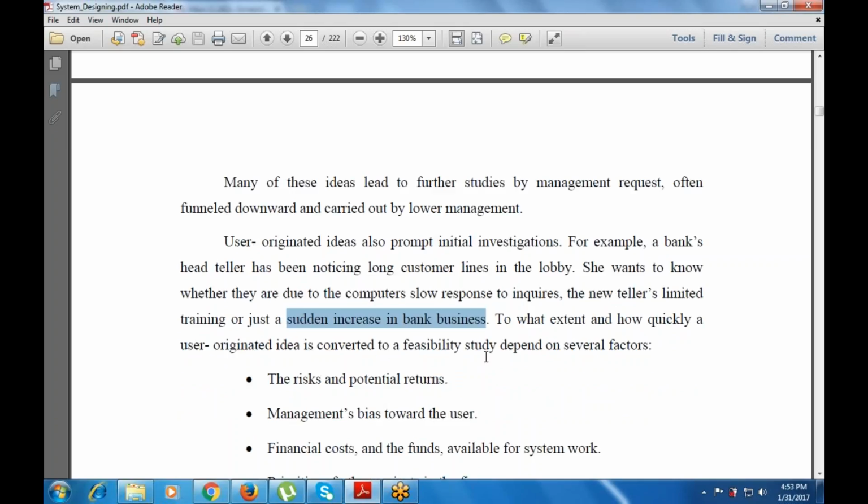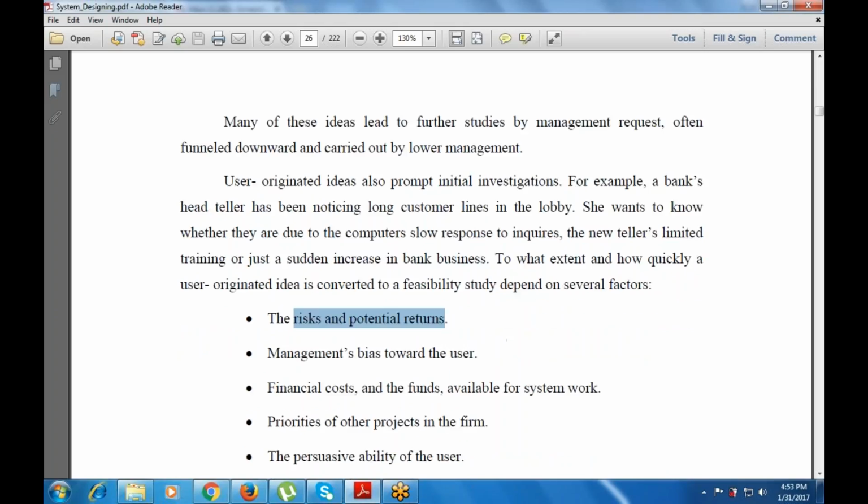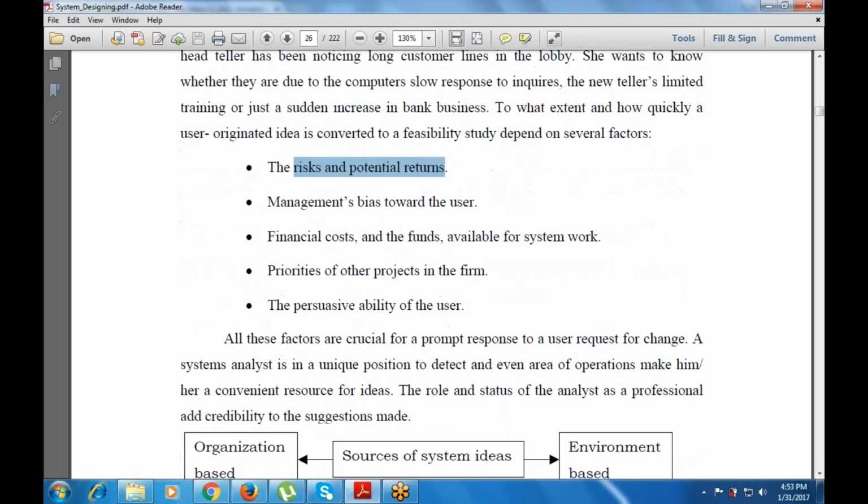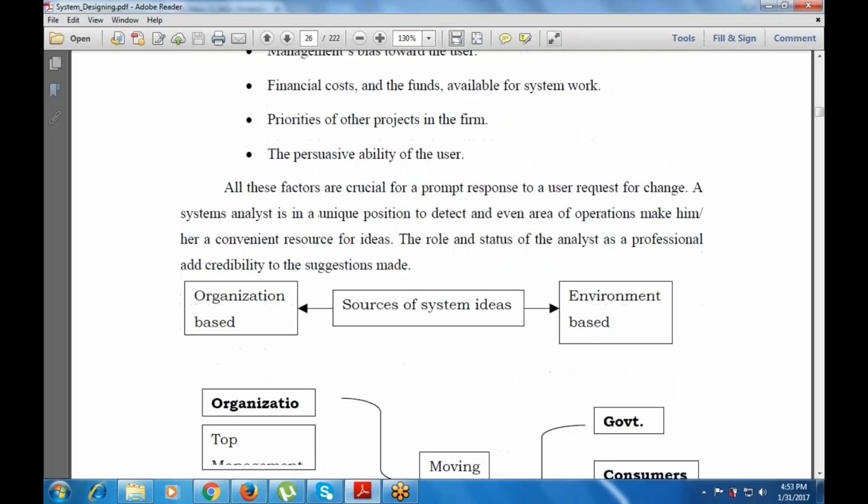To what extent and how quickly a user-originated idea is converted into a feasibility study depends on multiple factors. First is the risk and the potential returns, then management bias towards the user, then the financial cost and the funds required, and then the persuasive ability of the users and the organization's base and sources of